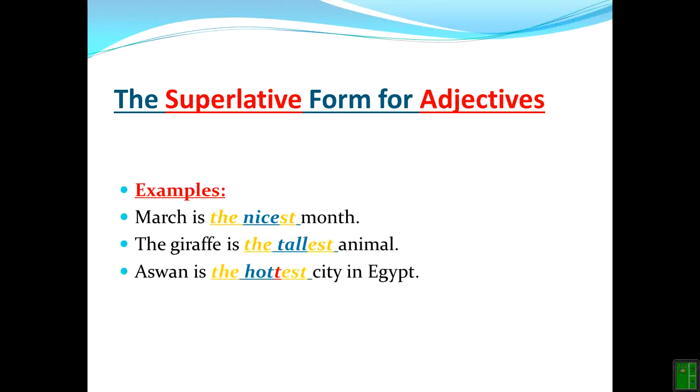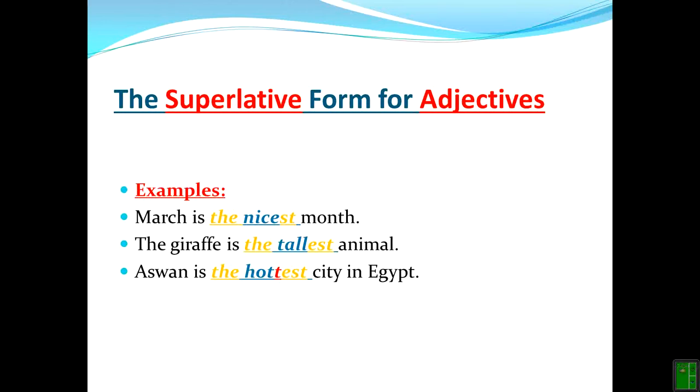Number 3, Aswan is the hottest city in Egypt. Here the adjective is hot. I use it to compare between Aswan and the other cities in Egypt. So we refer to the adjective again, which is the word hot. Look at the spelling of the word hot. It's H-O-T. The adjective hot has 3 letters, and the letter in the middle is a vowel letter, and it's